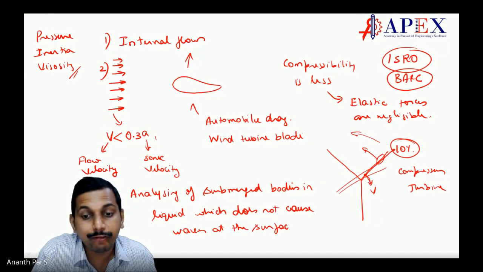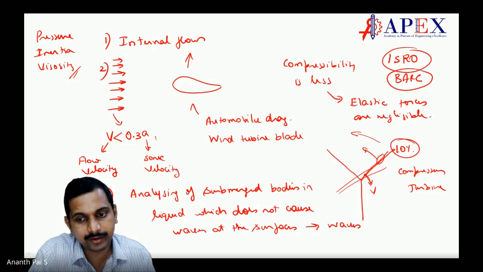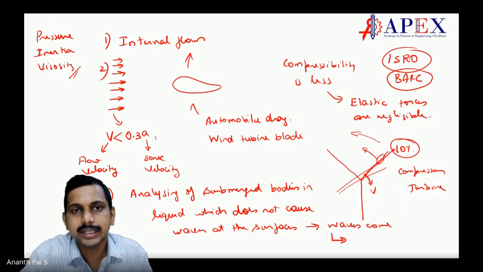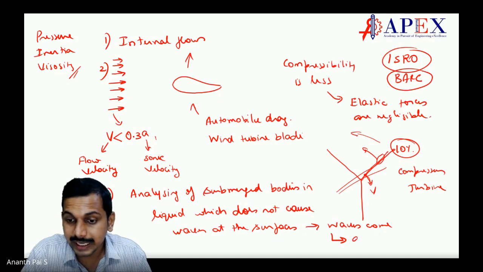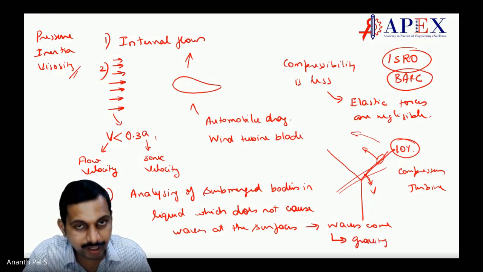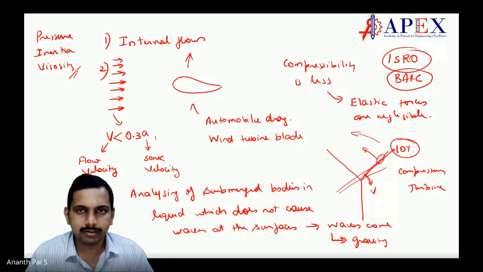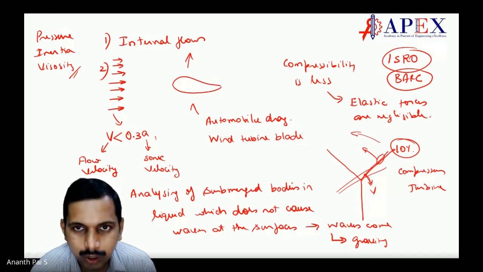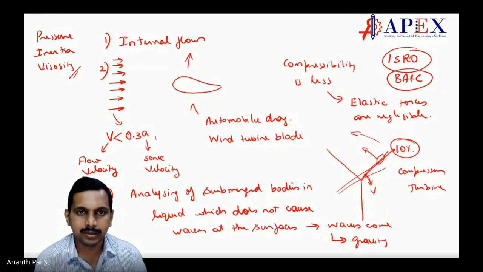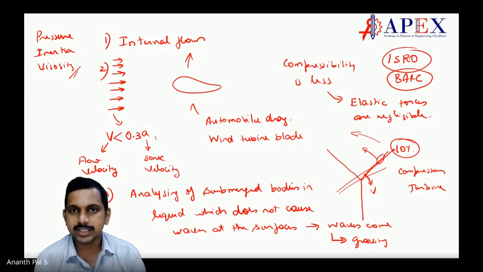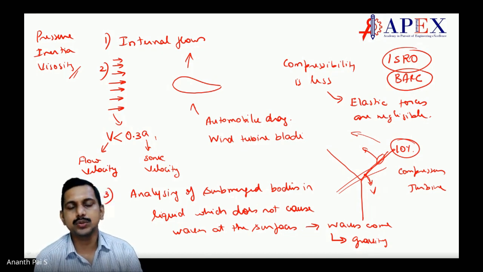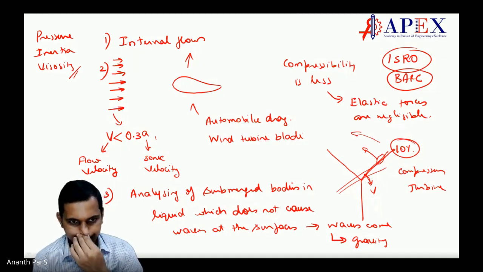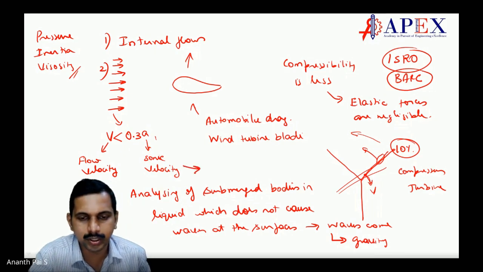because if waves come, then there is a chance of gravity coming into the picture. If waves come, then gravity is important. Waves are related to gravity; those are called gravity waves, like the ones you get in a tsunami, or near the seashore. The sea waves are all gravity waves. Keep that in mind. So when waves do not come, then these two numbers, the Euler number and Reynolds number, will be in use. Any doubts here, students? This particular thing has been asked in ISRO a lot of times.